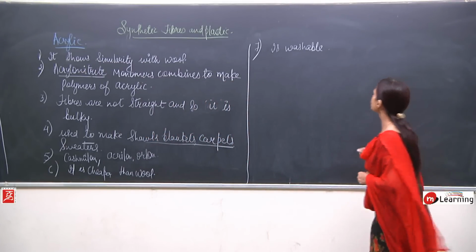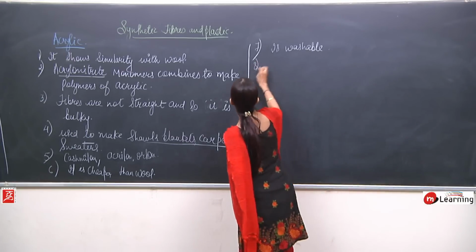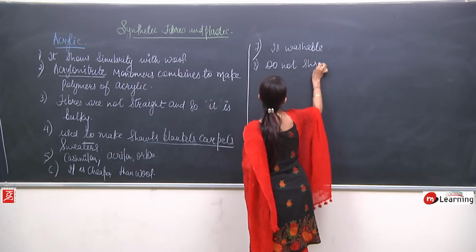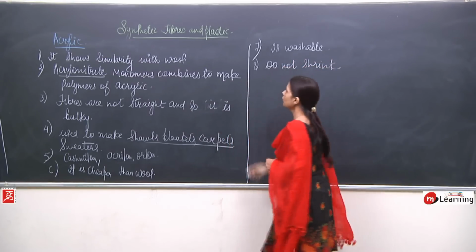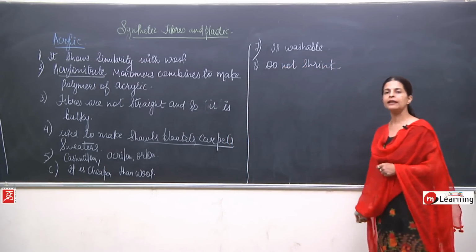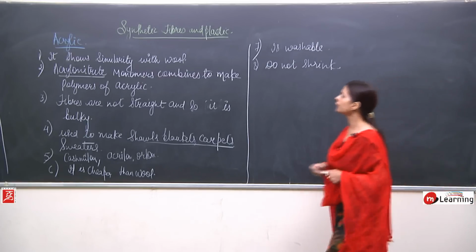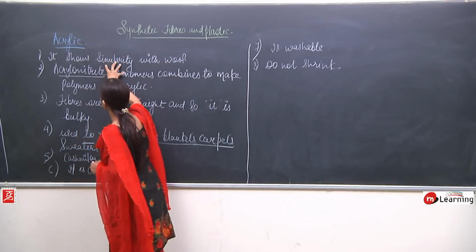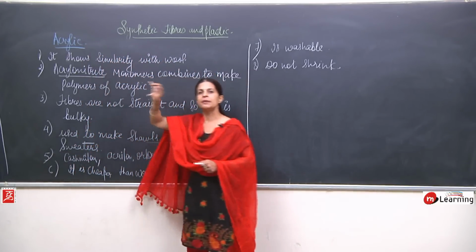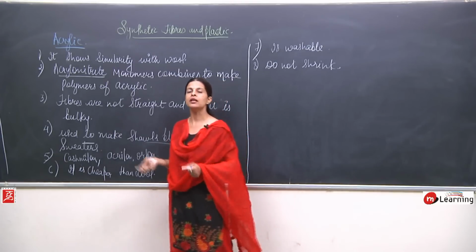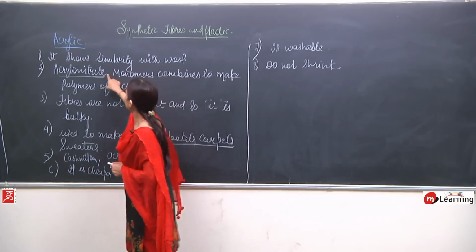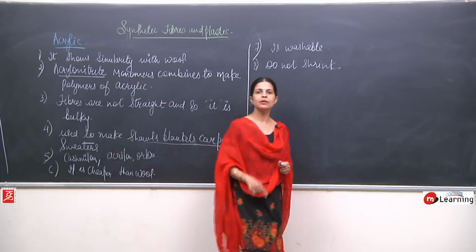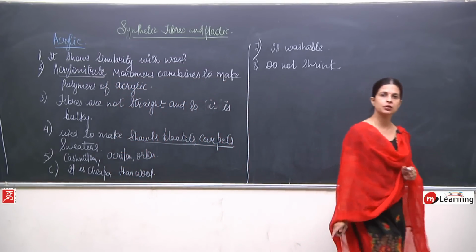Now, along with this, it does not shrink. So, all these are the qualities and the characteristic features of acrylic. What is this acrylic actually made up of? It is a polymer which is made up of the monomer acrylonitrile, and it resembles wool, it shows similarity